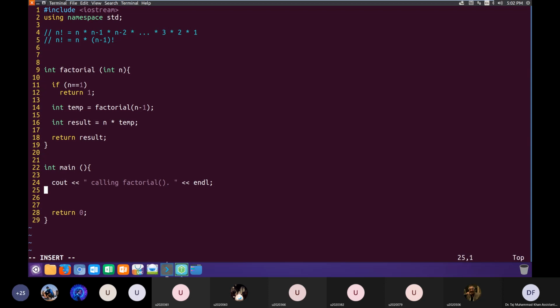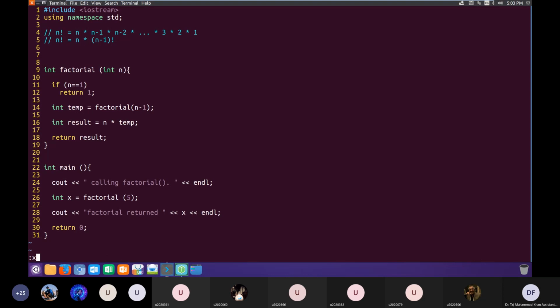So first we call this factorial for a small number. Let's say we call factorial of 5, and here we print this out. So I think this is good.